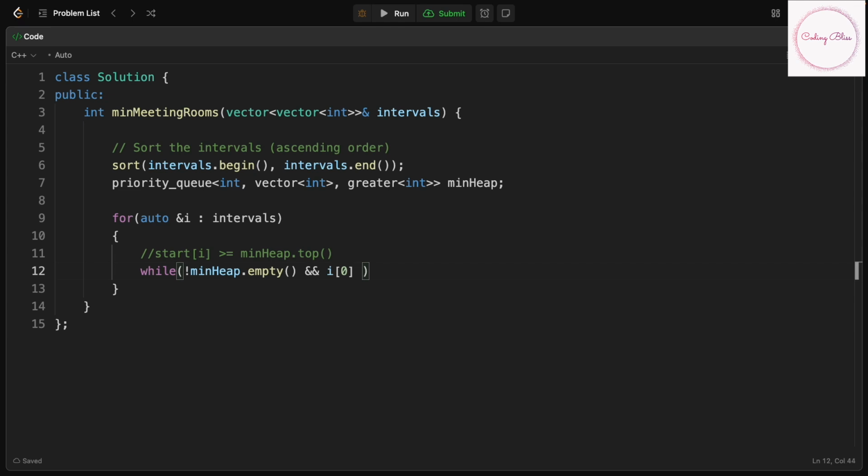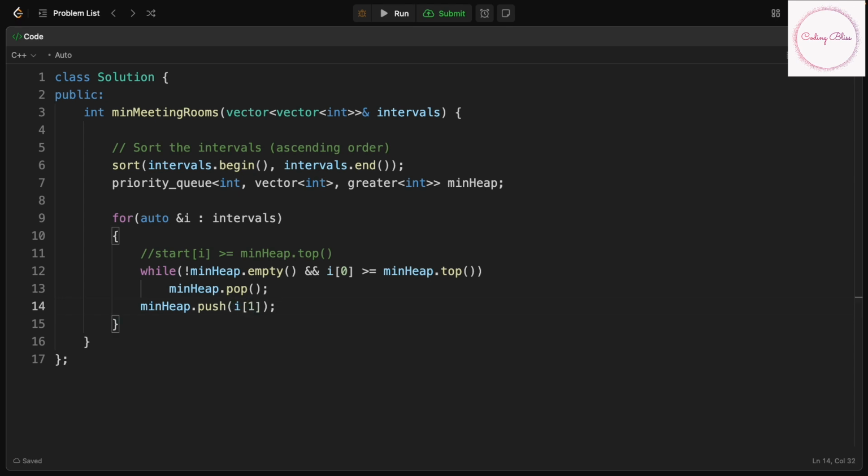Okay, and i of 0 greater than or equal to min heap dot top, we'll just do a min heap dot pop. At the end, we'll just push the current, min heap dot push i of 1, which is the end time